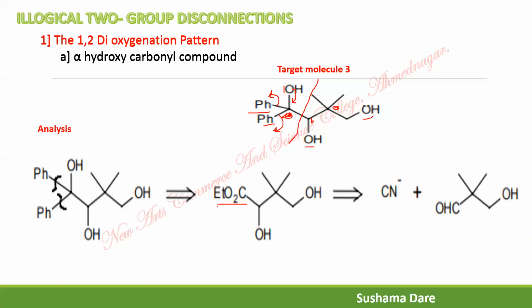So up to this, now what is this? This is number 1, this is number 2. Where are we now? We are now under the heading of alpha hydroxycarbonyl compound. So which is the best disconnection now? The best disconnection is that you start from the oxygen hydrogen bond and disconnect the 1,2 bond in the direction of 2 always. So this COOH minus, the best synthetic equivalent for it is cyanide.